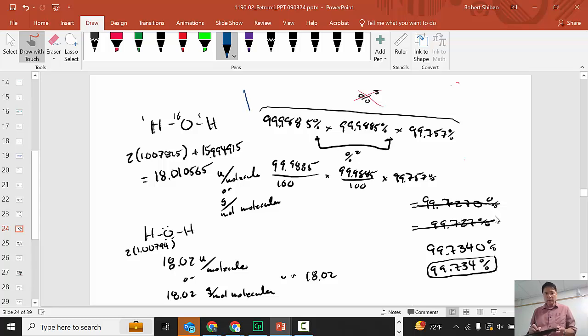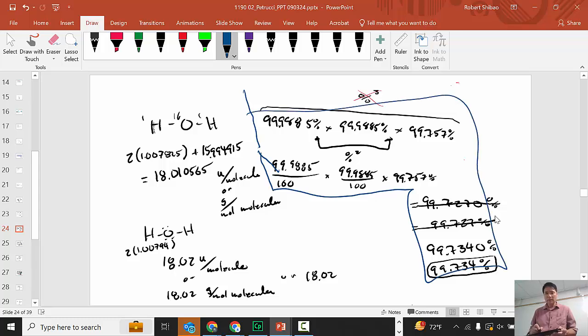So the way we think about this calculation here is like this. So I have 99.757% abundance of oxygen 16. So out of that 99.757% abundance of oxygen 16, what fraction of those molecules will have H1 on the left here, the first atom I picked? And the fraction that's going to have H1 is